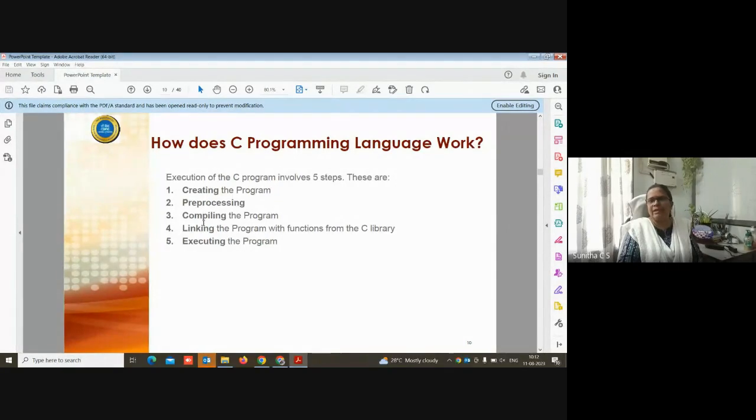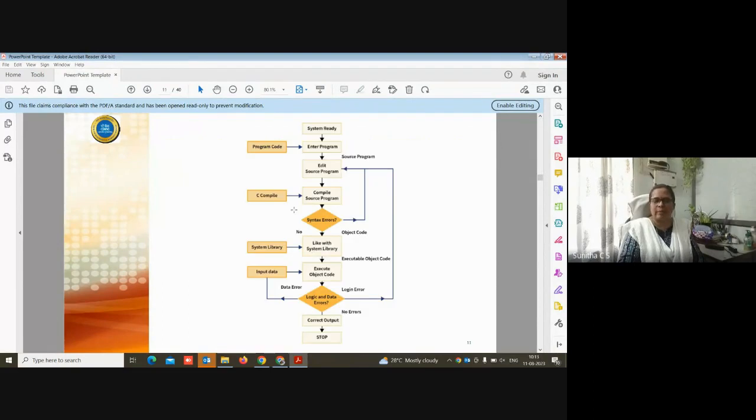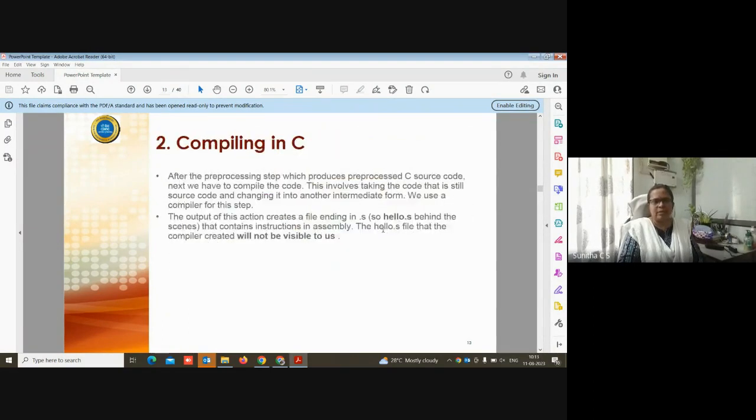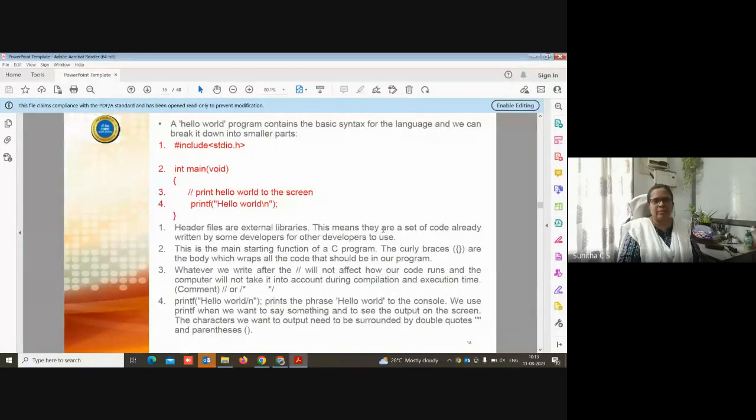So pre-processing is done as the first step, and next the compilation will happen. That is, your source code will be read by the compiler and converted into object code, and a .s file, which is an invisible file, is an intermediate product of that. After linking the program with all the functions or library files, an .exe file or .out file will be created, which is visible and which will be executed while you are running your program. So these are the steps for running a C program. This is just a diagrammatic representation. We have seen all these things, assembling, linking, and all these statements.